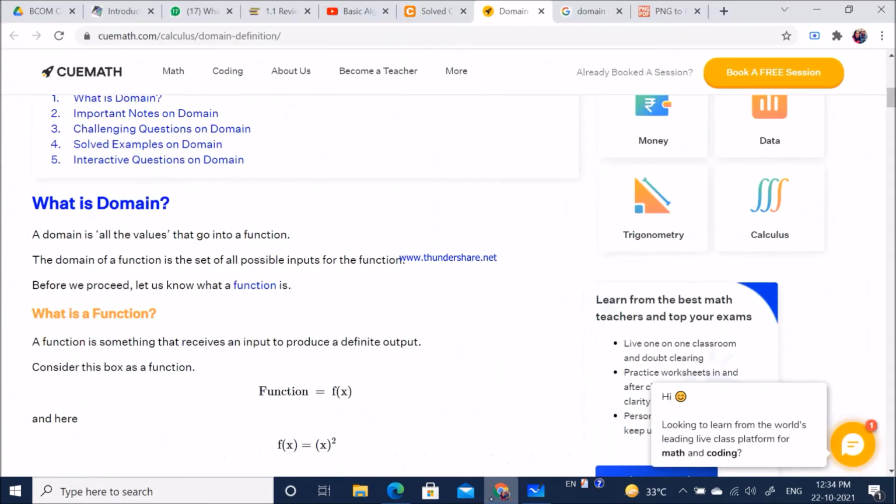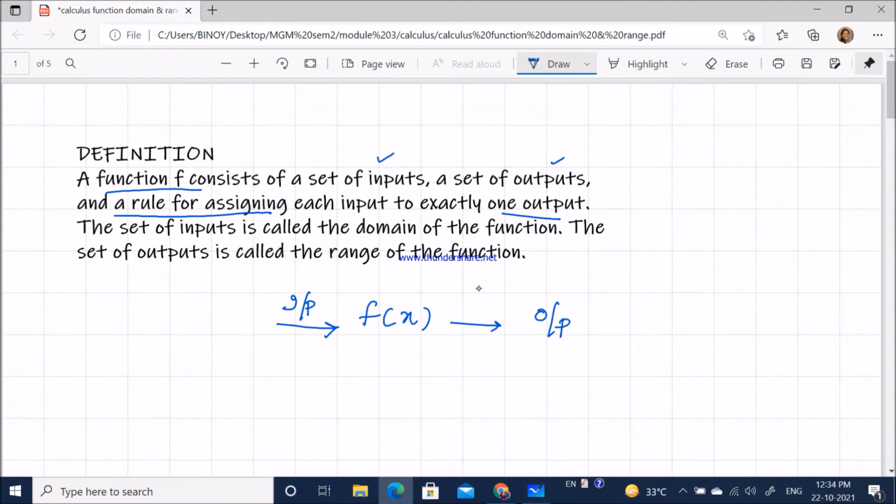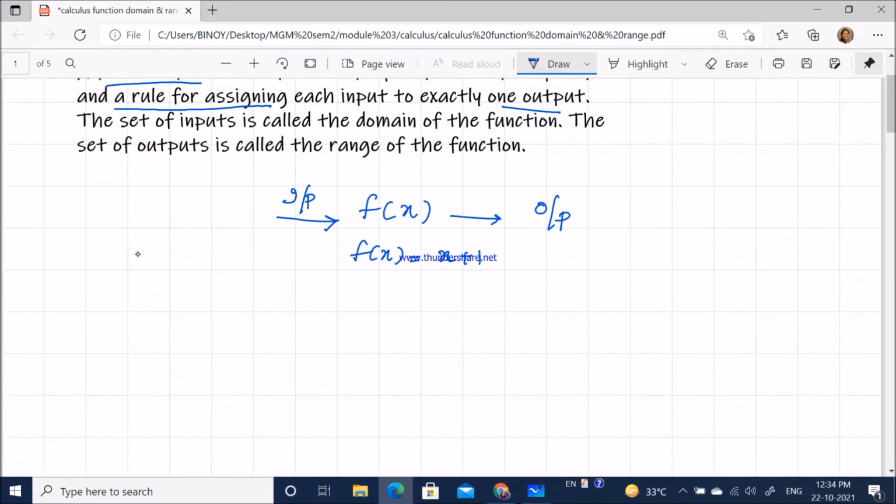Now let's move in detail about what we are going to learn. So a function f consists of a set of inputs, a set of outputs and a rule for assigning each input to exactly one output. As we have mentioned earlier, we have an input given to a particular function to obtain the corresponding output. So here f of x defines x plus 1 and we are given a set of inputs, that is 1, 2, 3 and 4. The corresponding output will be 2, 3, 4 and 5,